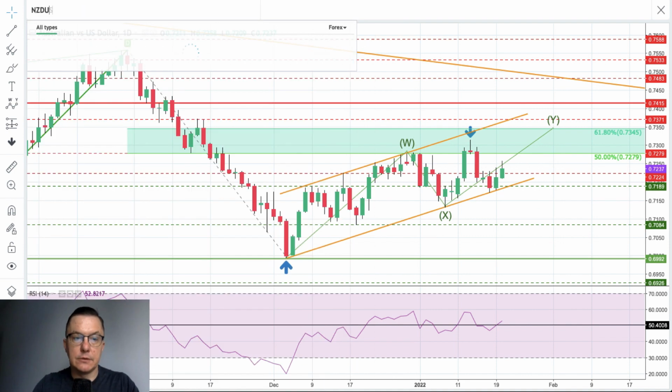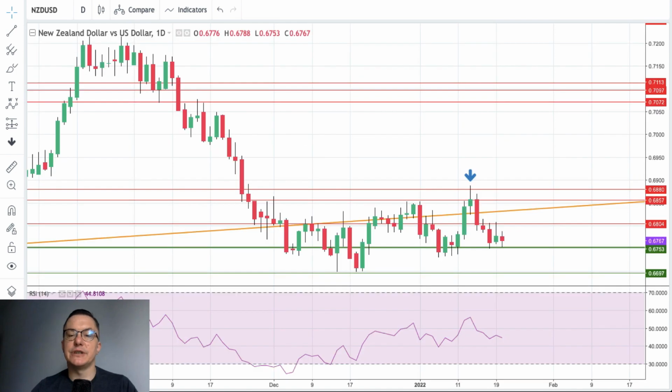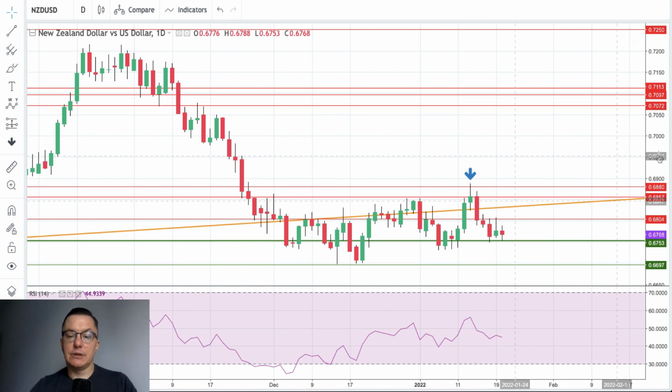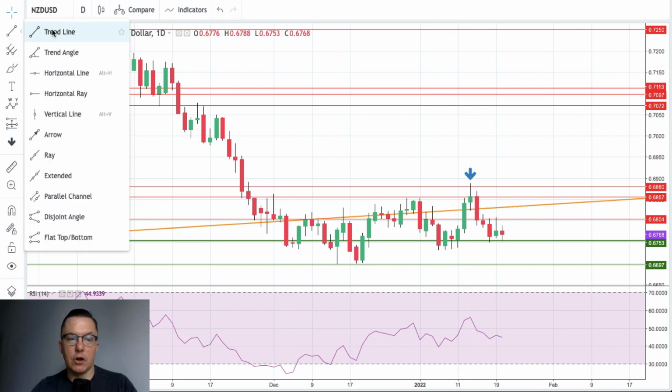So what is the situation on the New Zealand dollar? The New Zealand dollar is quite different than the Australian dollar. We are still climbing higher here, but recently bears rejected the level of 6,857 and 6,880. As you can see, we got the characteristic pin bar here, so it looks like we might challenge the lower